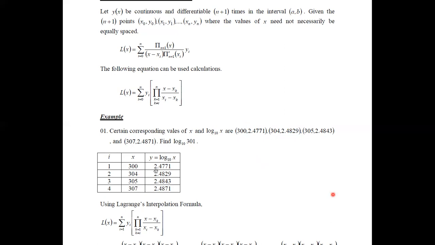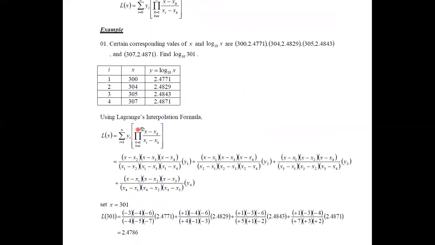the Lagrange's interpolation formula. And using the Lagrange's interpolation formula, now we will try to obtain this equation for this given set of data. And for the easiness of understanding, I have used the notations first, and then the substitutions were made at the next stage. If you see this equation, it says that i goes from 1 to n. Here we have altogether 4 values.